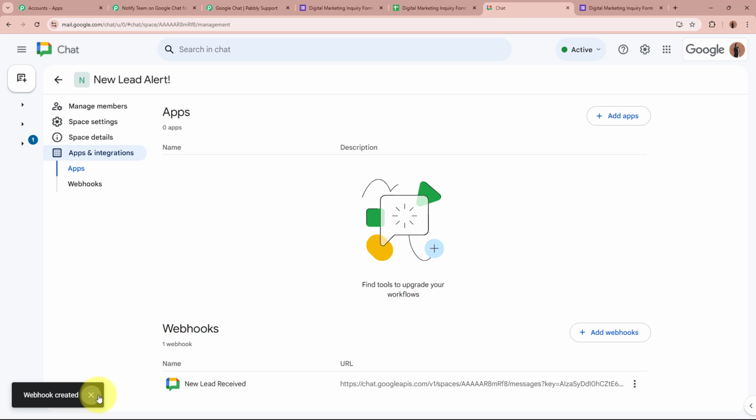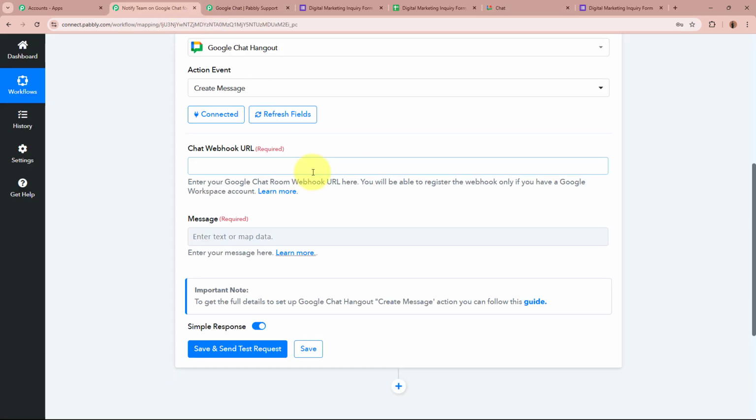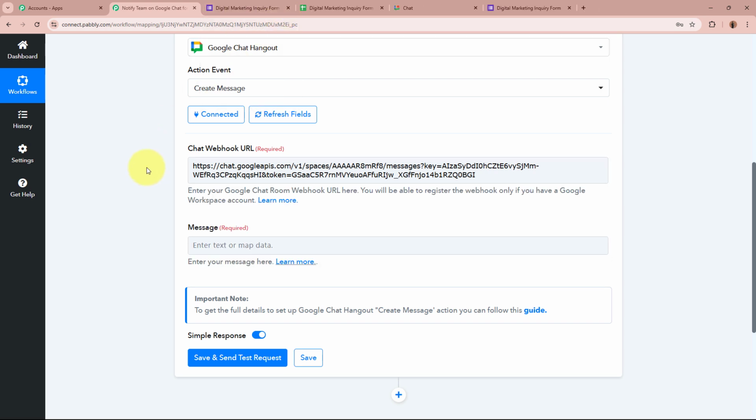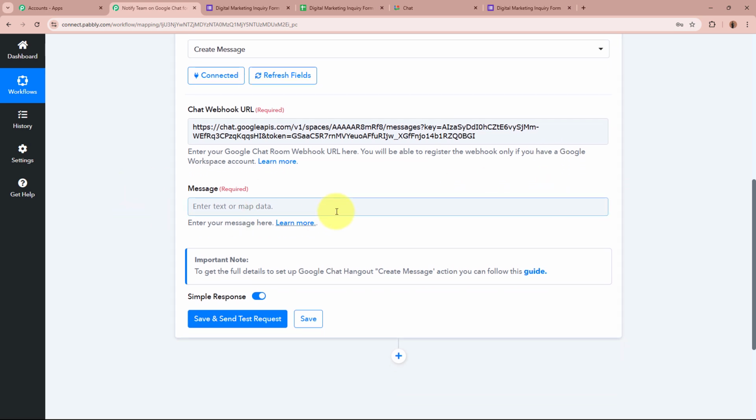As I've done that, you can see right over here, a webhook has been created. If I click on these three dots, I'm going to copy this link from here. And this is the chat webhook URL. So I'm going to simply paste it right over here. I'm going to close the help desk. So this is the chat webhook URL. Now, as we have the chat webhook URL, after that it is asking for the message